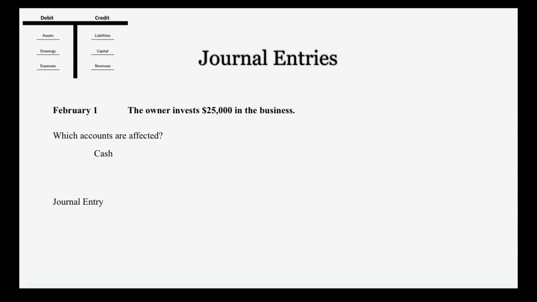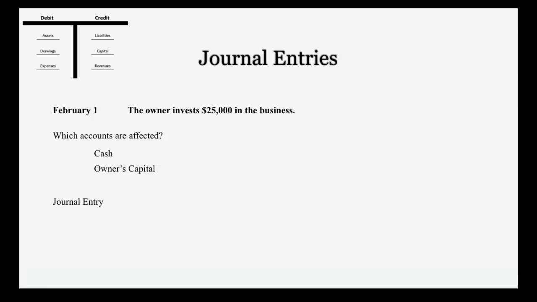The business is getting $25,000. So cash is going to be involved. The other account that's going to be involved here is owner's capital. Because whenever an owner invests money in the business, they're going to want a piece of that business, right? So we put that under owner's capital. So those are our two accounts that are affected here. So when we